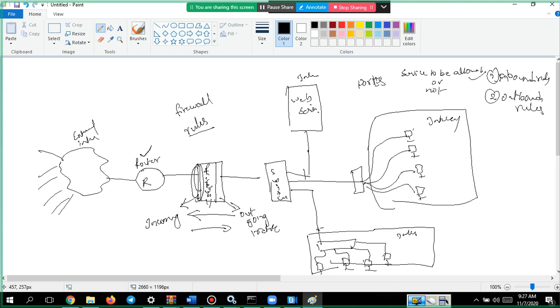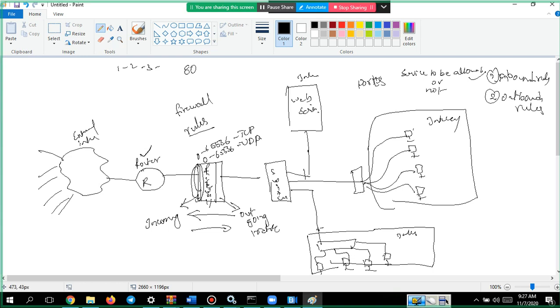The port numbers are 0 to 65,536, you have that many ports. Same way those ports are of two types. One is TCP ports and another one is UDP ports. Remember, port 1, port 2, port 3, like this we have, right?